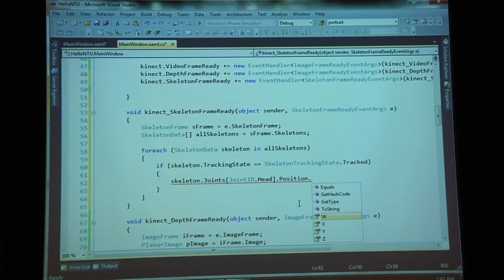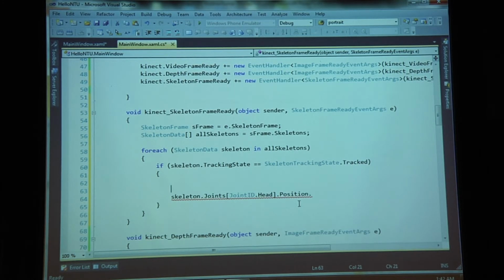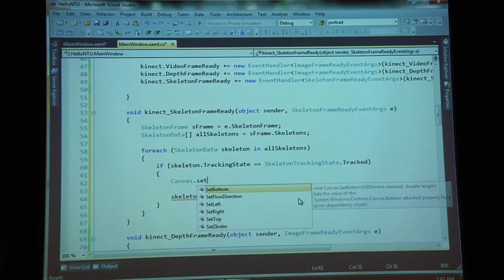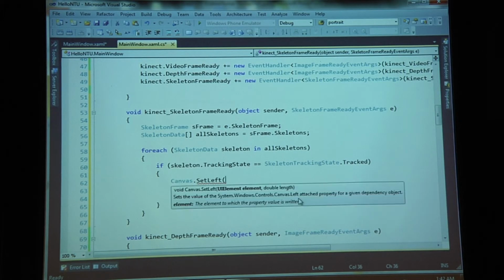But at this point, I'm not going to worry about W, so I'm just going to take the X and the Y. So what I'm going to do is this. I'm going to say head, or actually I'm going to say canvas. And this is why I chose a canvas, because canvas supports 2 properties called set left and set top that allows me to take the ellipse and position it anywhere on the canvas. So I'm going to say canvas.setLeft. And now I'm going to say the element I want to set left is head, and the value where I want the canvas to be